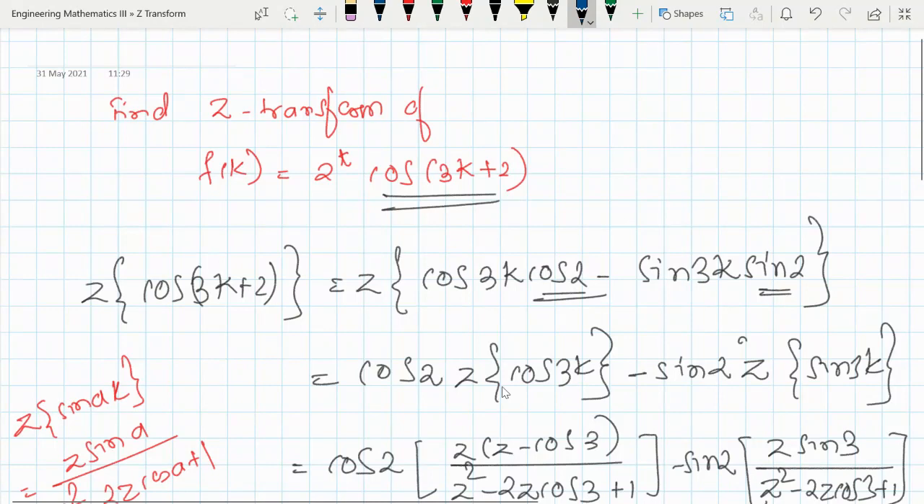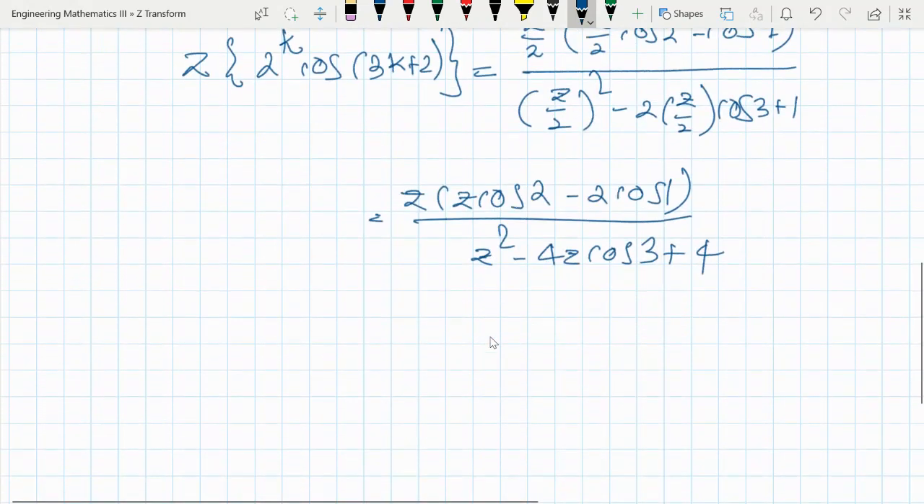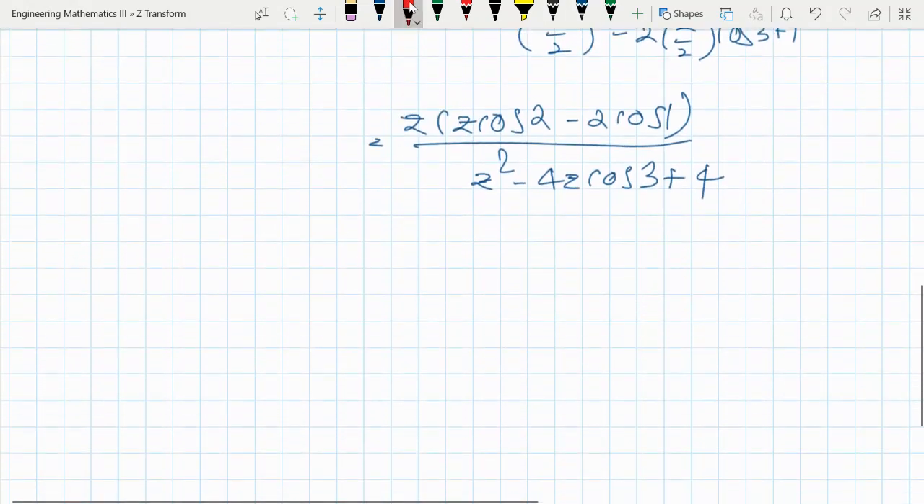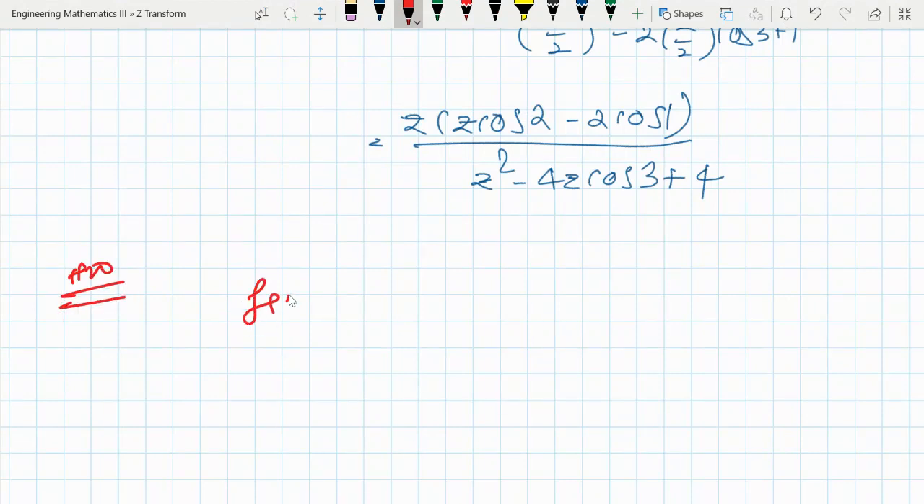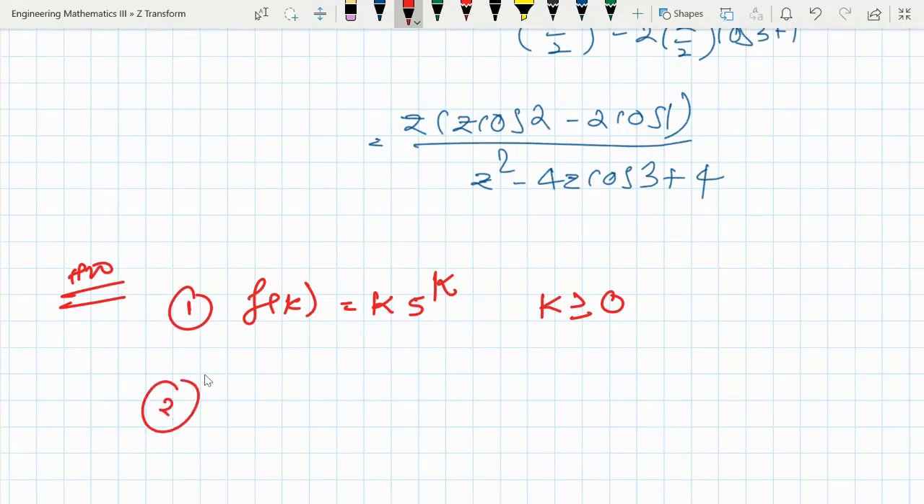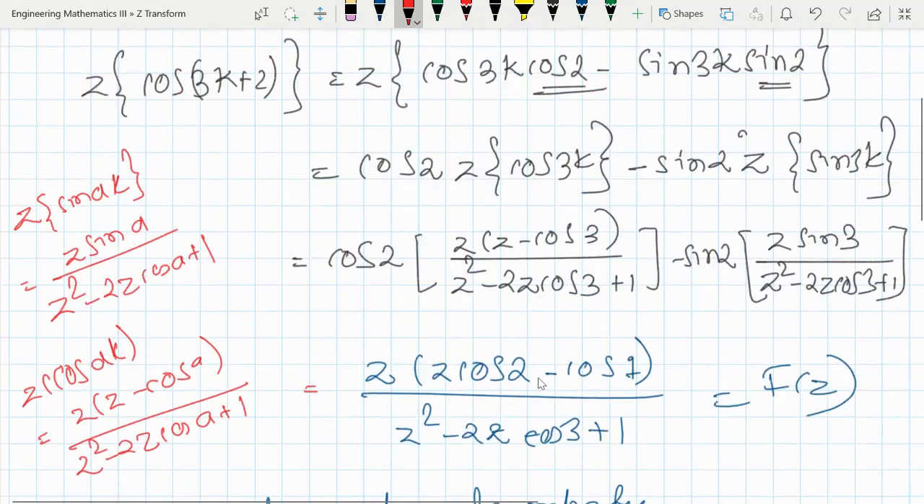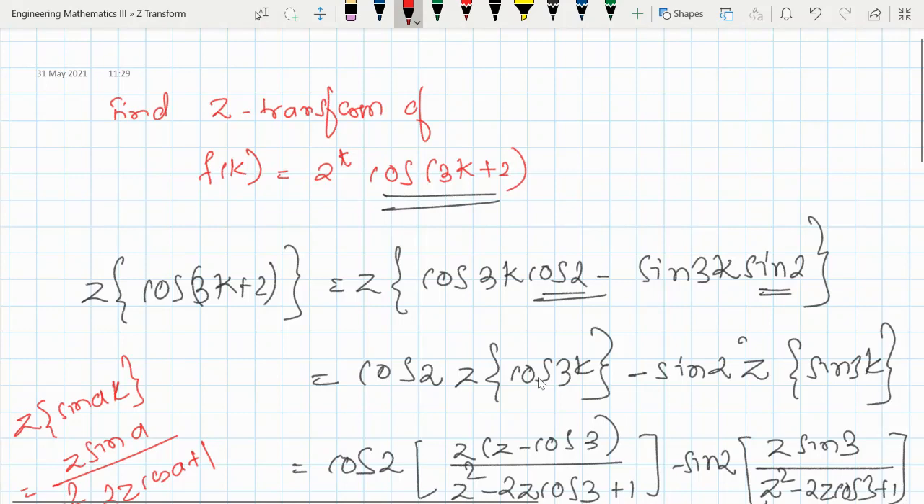Okay, see, this is very simple. You just need to try and apply the rules, apply the properties, and you will get the solution. So just try some examples at home. Find the transform for fk is equal to k into 5 raised to k for k greater than or equal to 0. This is very simple. So let me give you one more example. Fk is equal to k plus 3 into 2 raised to k for k greater than or equal to 0. Okay, so these are very simple questions. In this way, we have completed the z transform. Okay, in the next video we'll discuss about the